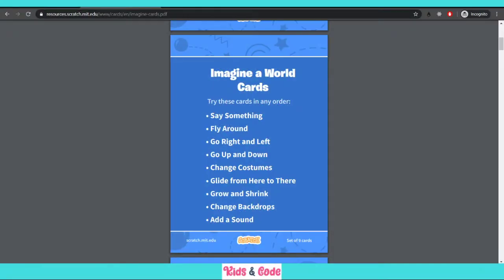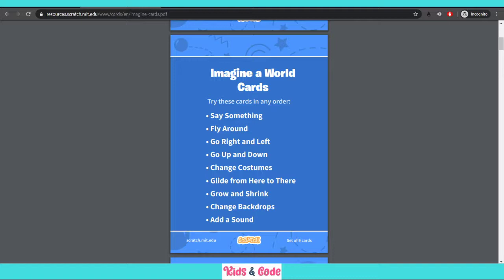So hi and welcome everyone to our second class, which is Imagine a World. In this class, we basically made a world that we imagined by ourselves. So you can be creative, you can think on your own of any kind of world you want to make in this lesson, and we'll be making a world where we'll have moving characters that say something.